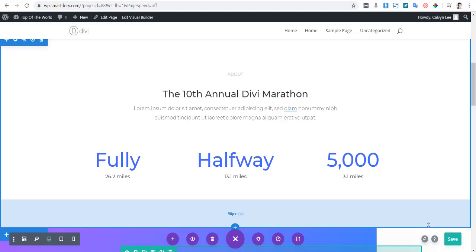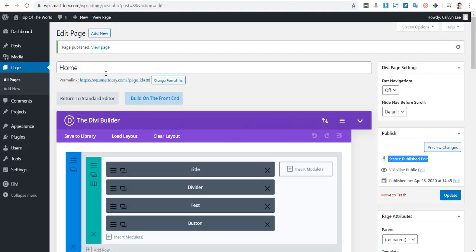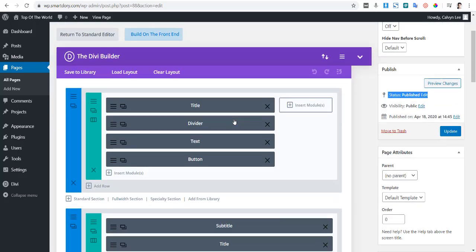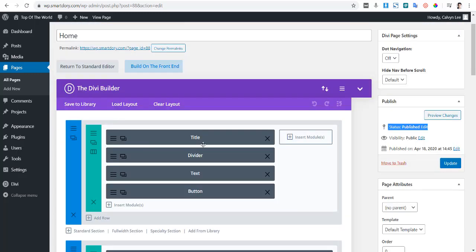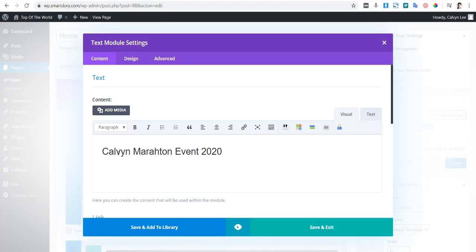So what is the second method? The second method is to go back to your back end. This is the page just now once we load, right? So all this is element over here. For example, just now I've done some editing on the title, so I have to go to this module setting button. Click on the module setting button and I can see that just now I already changed Calvin Marathon event 2021,